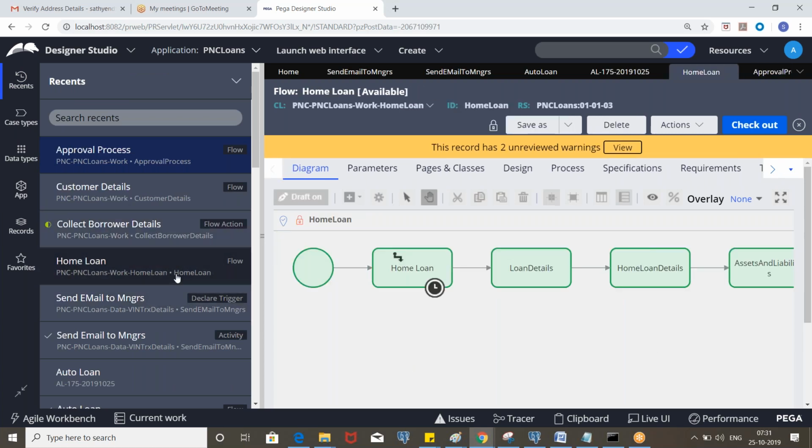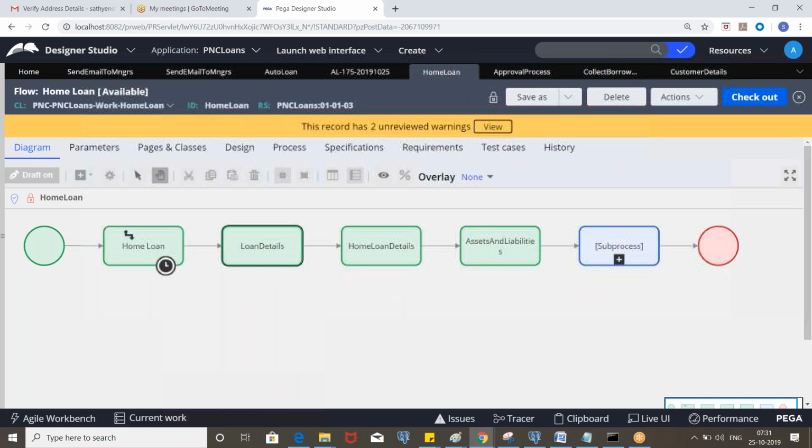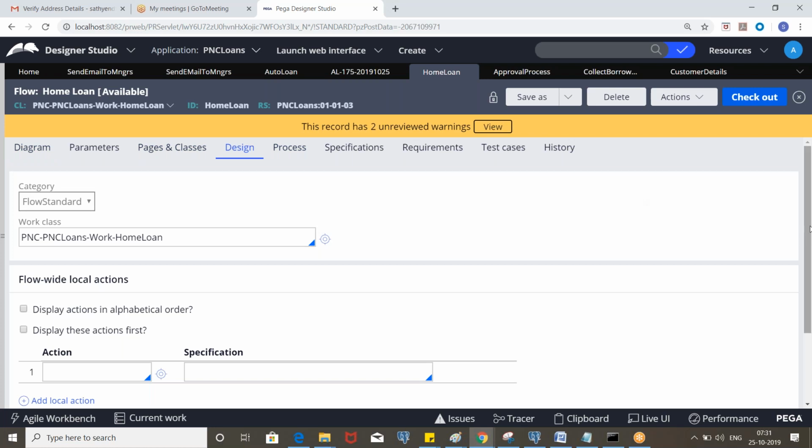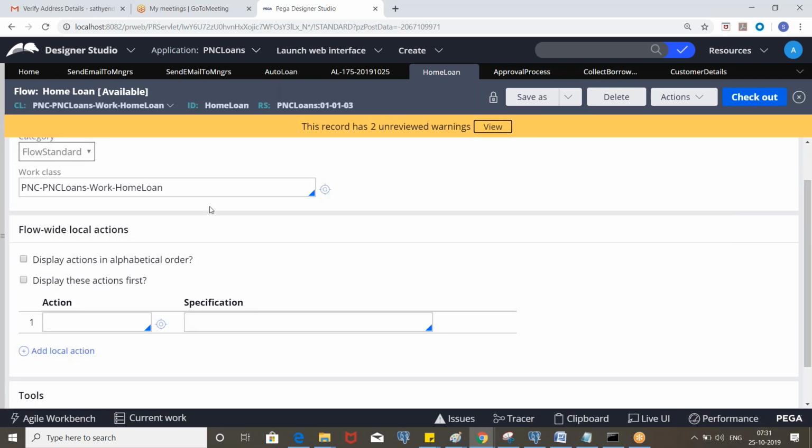We configure it in the flow, and that will be available across the flow in all the assignment shapes.